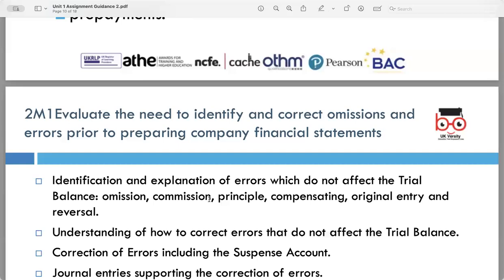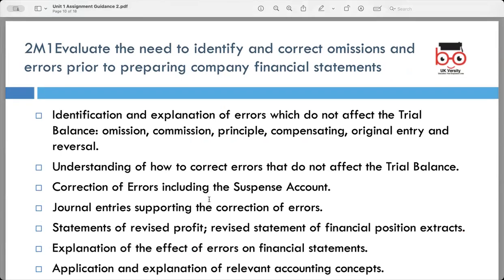Evaluate the need to identify and correct omissions and errors prior to preparing company financial statements. In this section, you are tasked with understanding the importance of identifying and correcting errors that do not affect the trial balance before preparing company financial statements. Key points to cover include